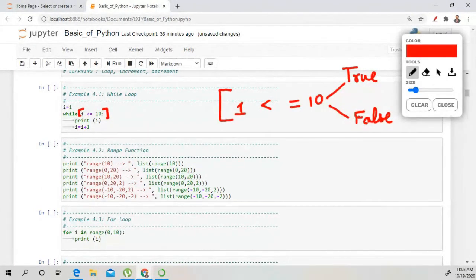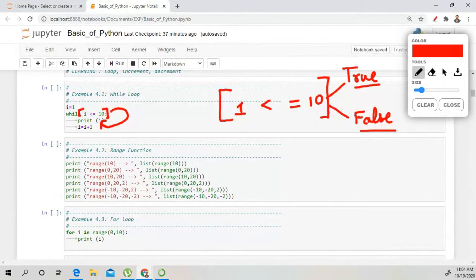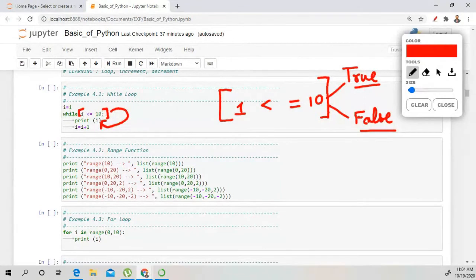This statement is executed and it will return two values, Boolean values. One is true and another one is false. If the statement is true, then it is going to execute the next instruction. When the statement is true, then it will execute our next statement.